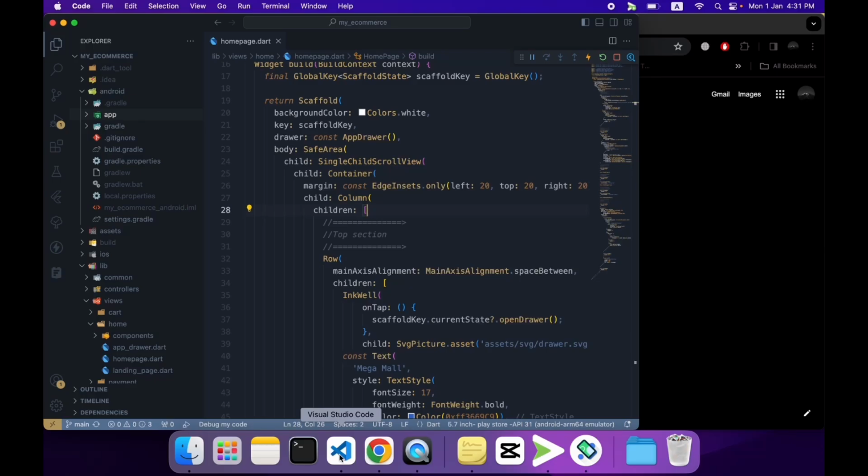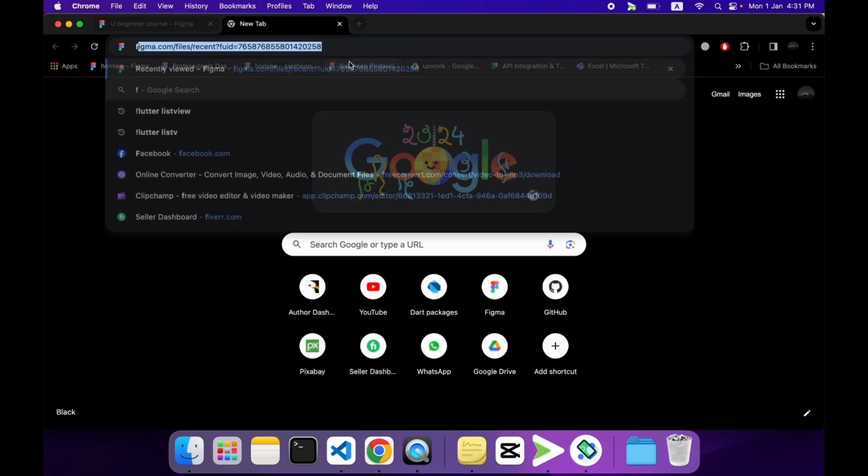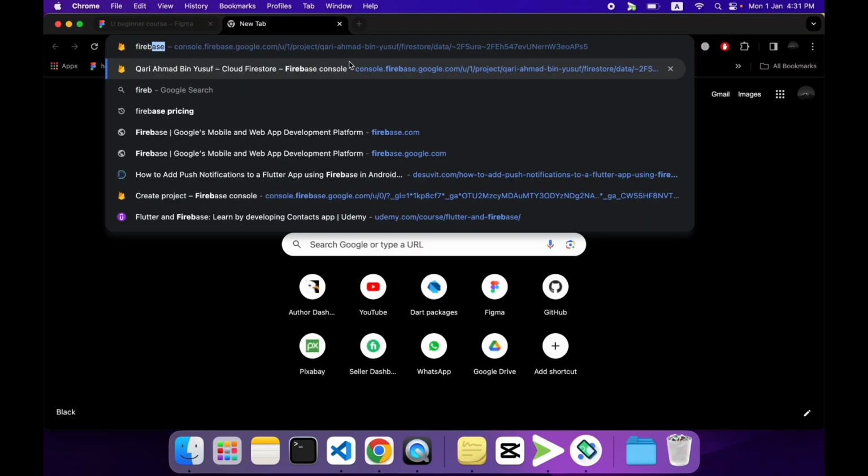We will start using Firebase. You will see how we can use Firebase in our project. So the first thing to do is to set up Firebase in our project. And to do that, go to firebase.com